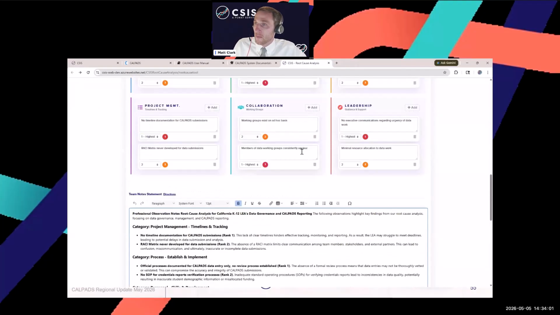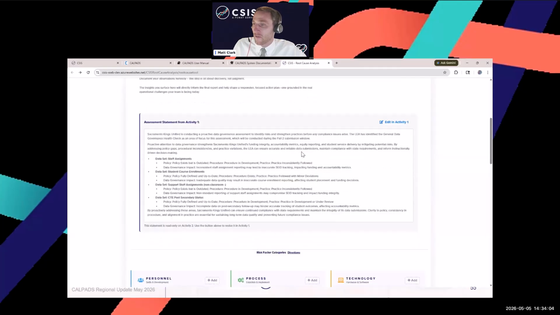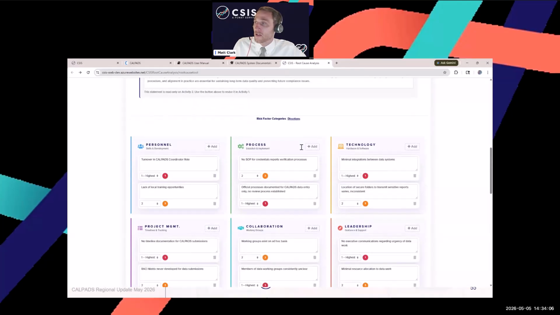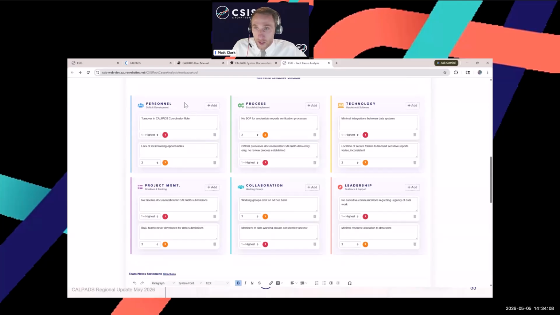Once we have a problem statement, we will ask you to identify different causes for the issues. And we have placed buckets or categories that you can use to generate or place causes. So there can be causes in personnel, processes, technology, project management, collaboration, and leadership. These will help you to organize your thoughts around the different causes for the problem as stated in the tool. You can put as many different causes under each of these buckets as you'd like, and then you're